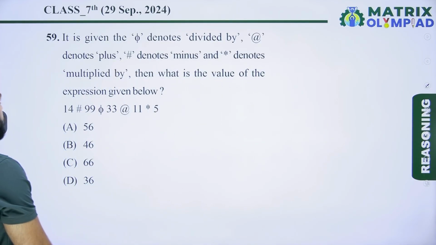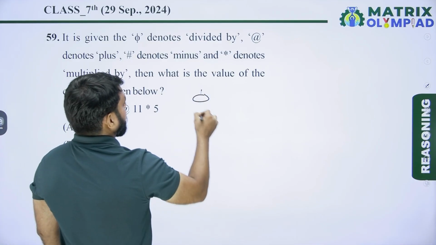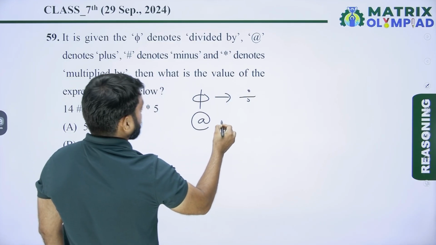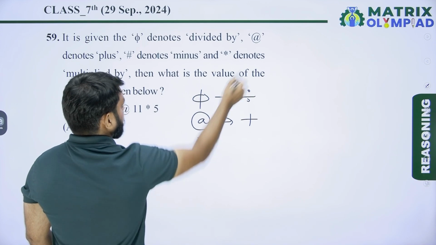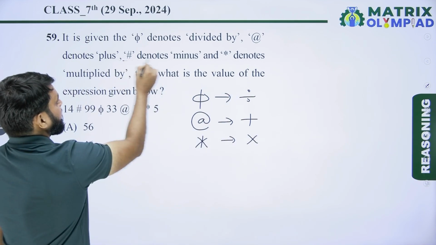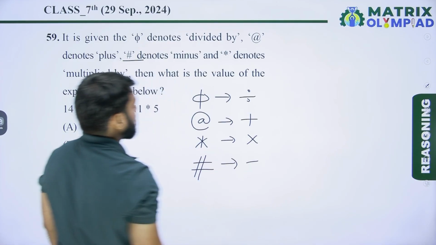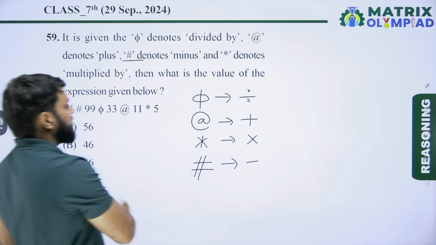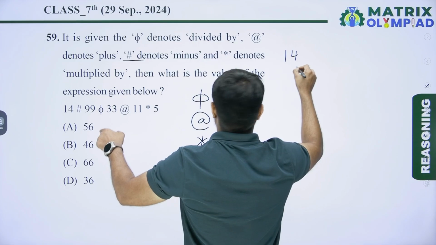So now the next question is question number 59. It is given that phi denotes divided by, at the rate denotes plus, asterisk denotes multiply by, and has denotes minus. Then what is the value of the given expression? So find the value of the given expression. So the expression is 14 has